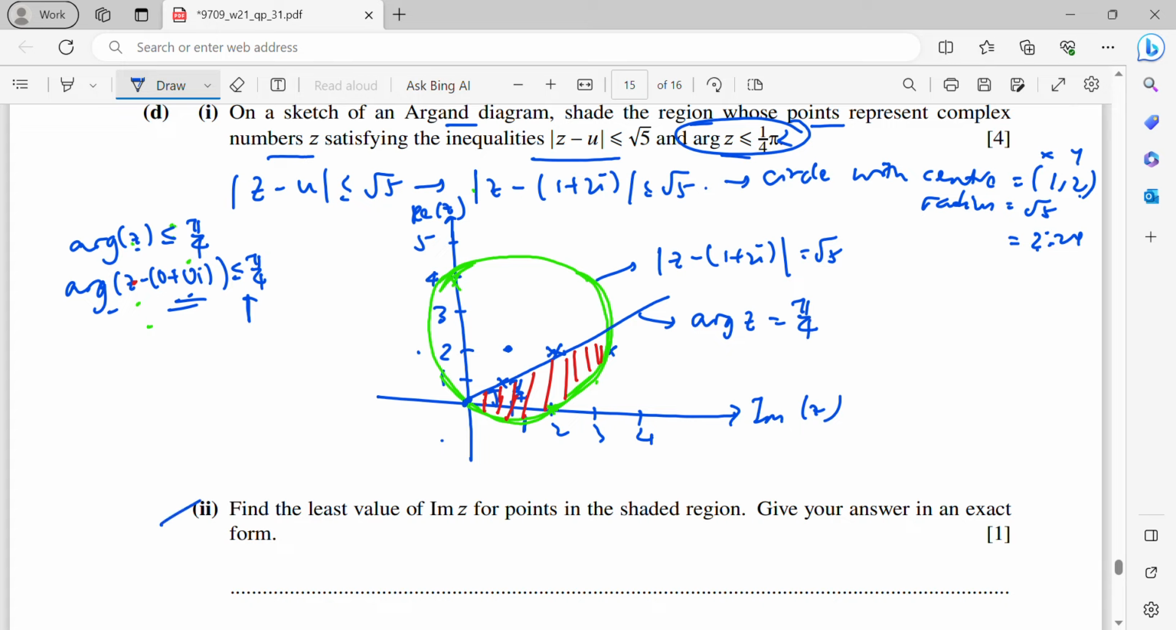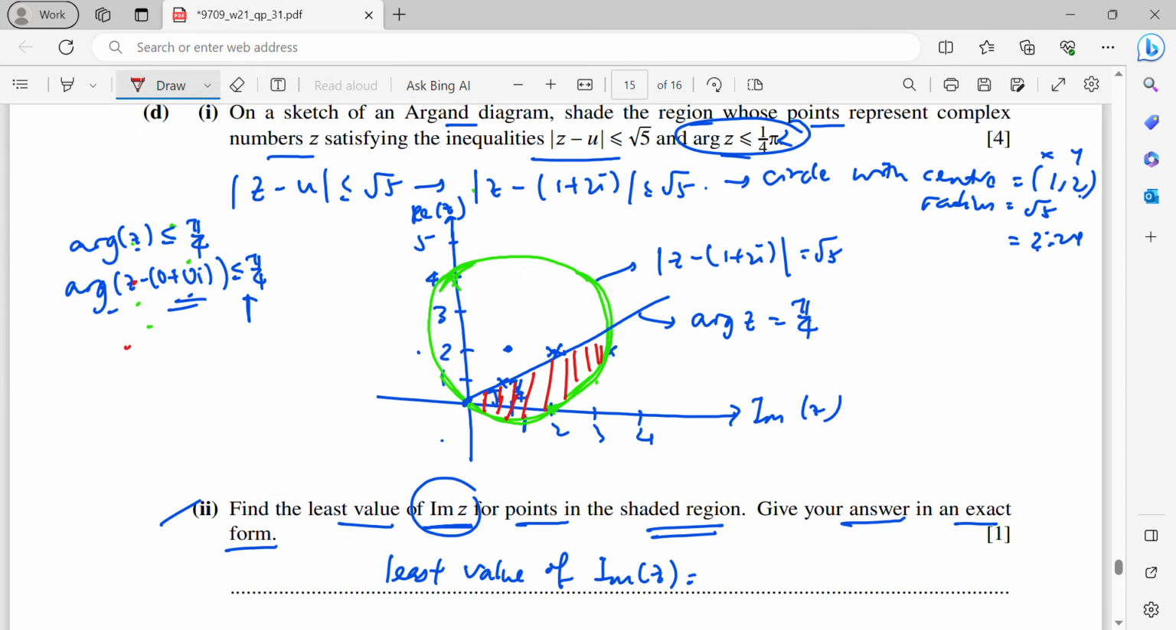Okay, now part 2, find the least value of imaginary part of z for points in the shaded region. Give your answer in an exact form. Okay, now we need to find least value of imaginary part of z, means the y value. Okay, so from here, least value, alright, so I will just write least value of imaginary z, okay, is going to be,